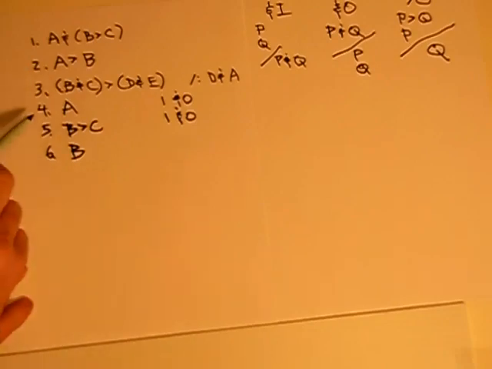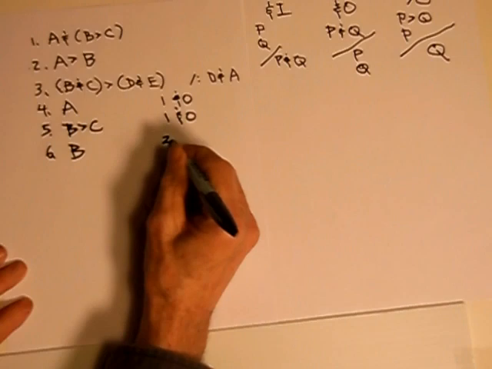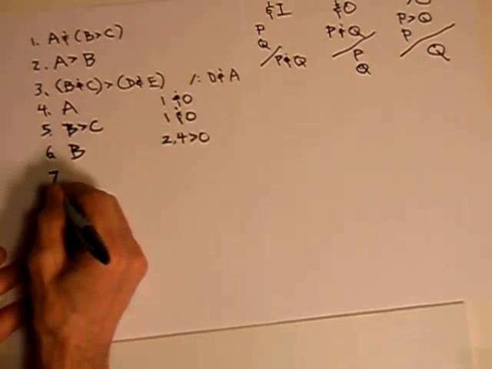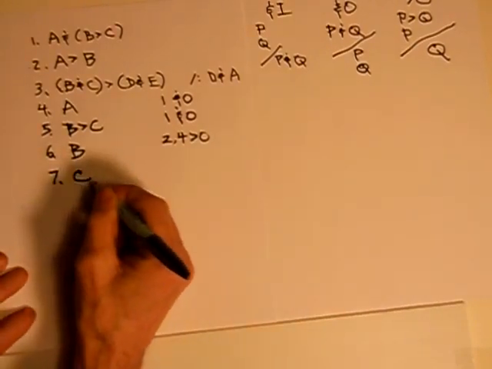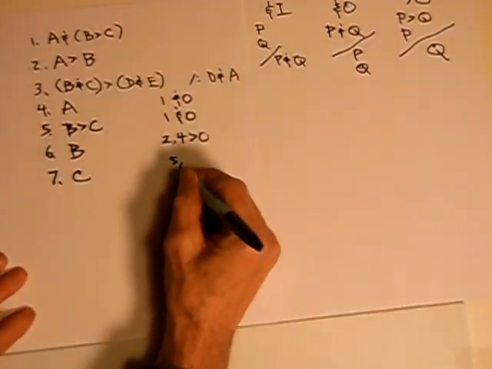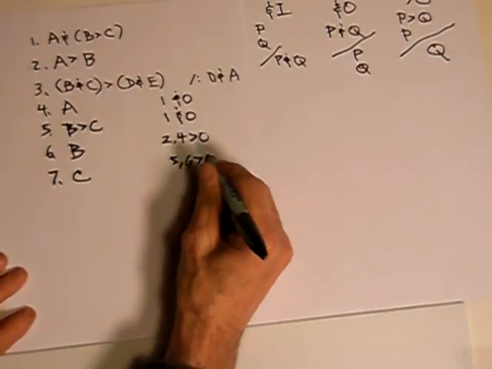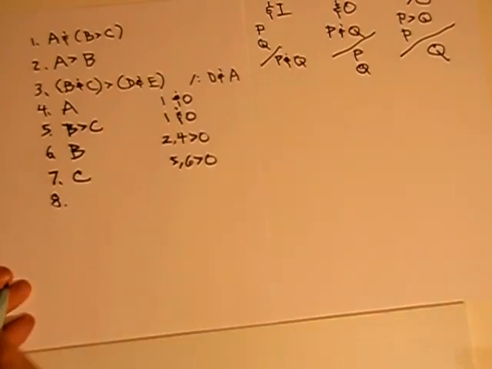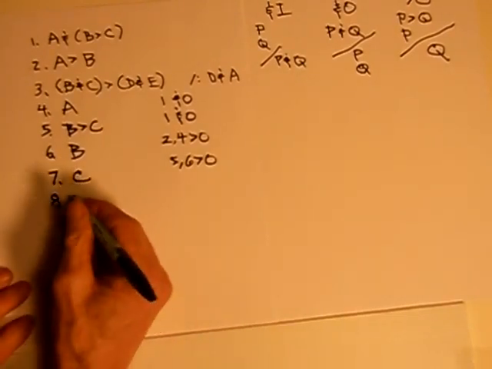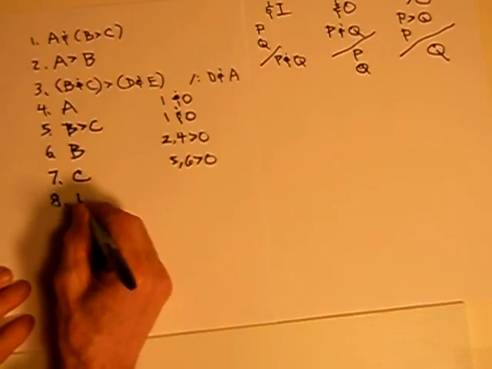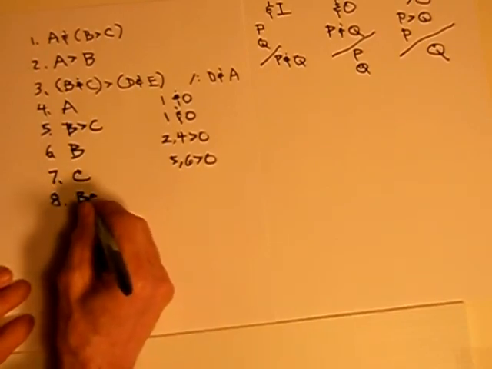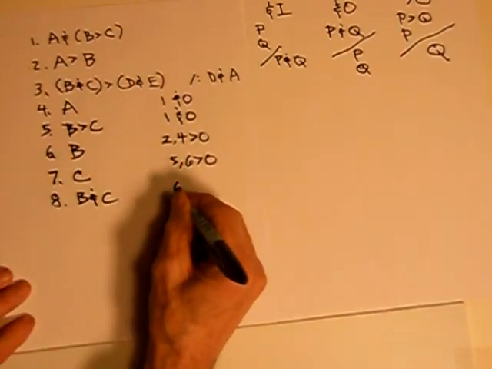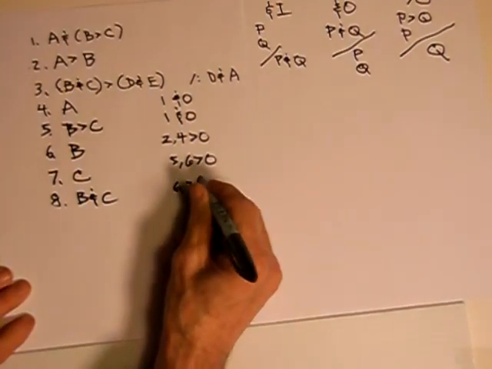That gives us B from 2, 4, arrow out, and B gives us C from 5, 6, arrow out, and C and B give us B and C from 6, 7 and in,